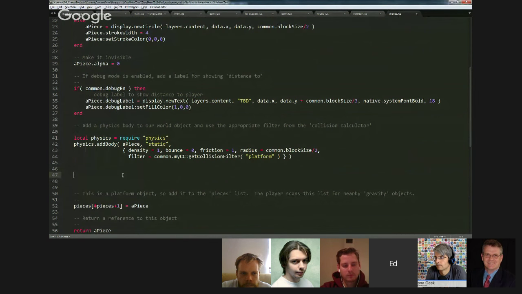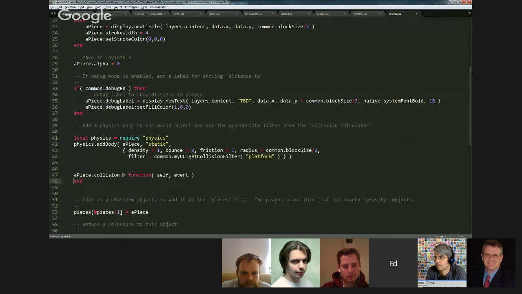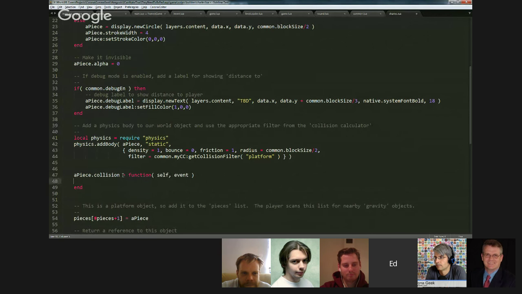a piece. Sorry, I hit the caps lock. Collision equals function self event. You can probably hear me typing, and I apologize for that. So what we want to do is on the began phase, if the alpha is 0, we want it to fade in. So if event.phase equals began and self alpha equals 0, so it hasn't changed yet or even started to change,